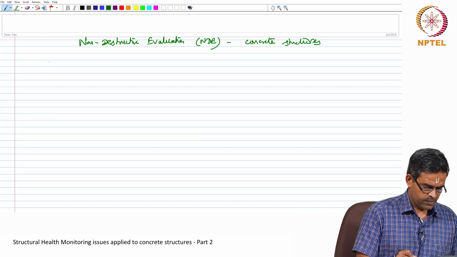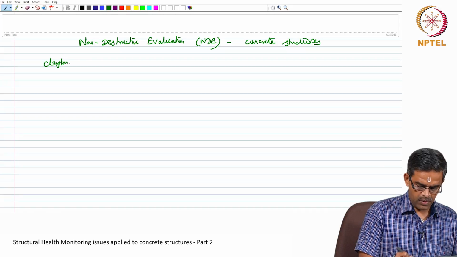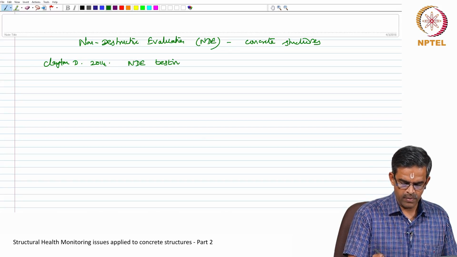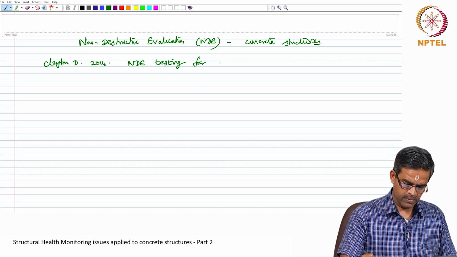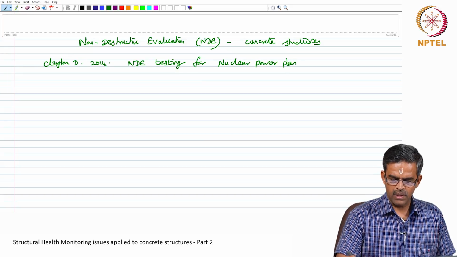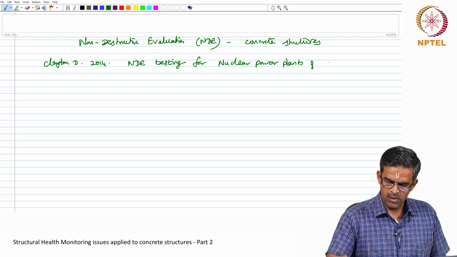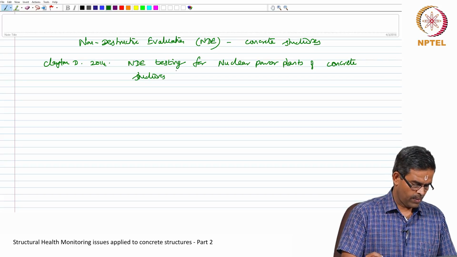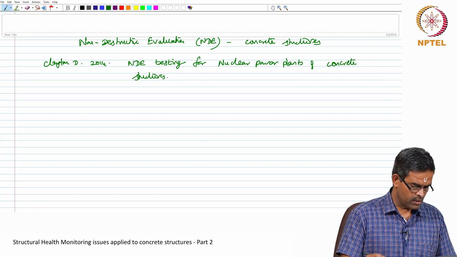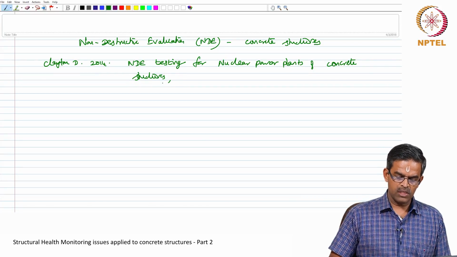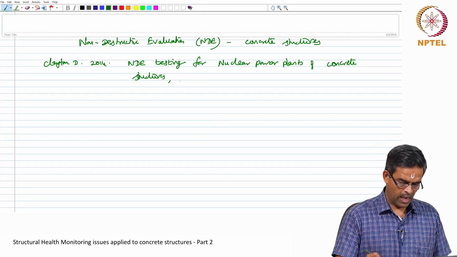So, as referred by Clayton in 2014, nuclear power plants, construction members made out of concrete structures have specific problems and they can be addressed using specific non-destructive evaluation methods as discussed in